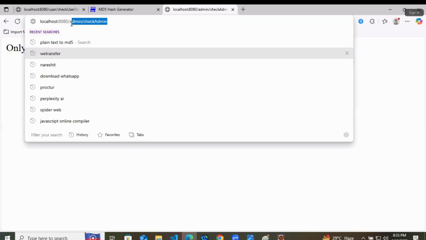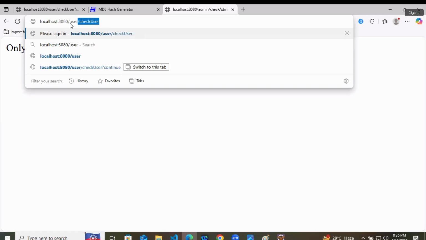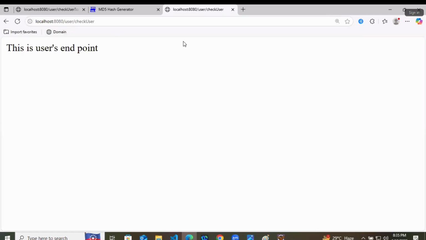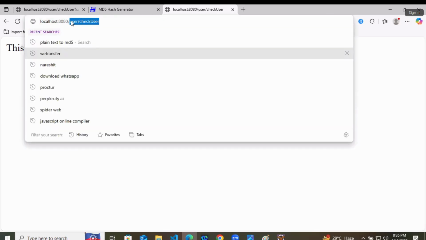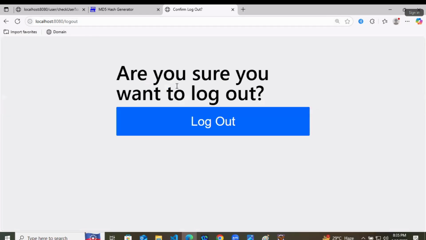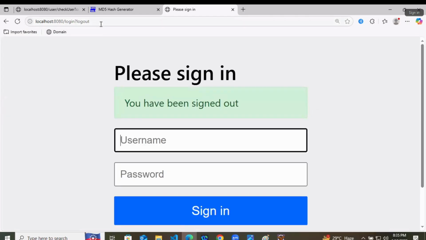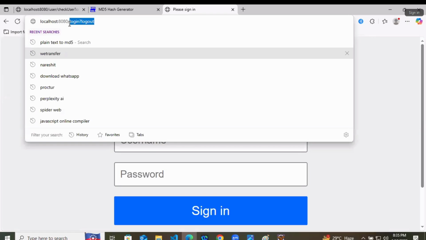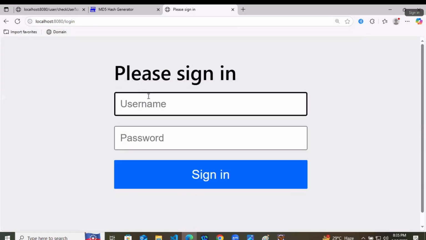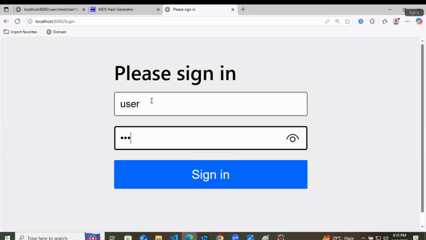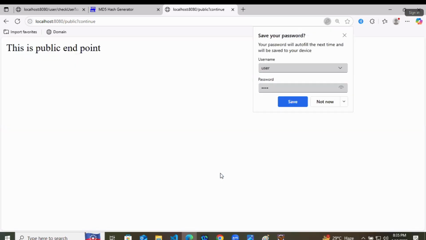Let's try to check the user as well. So user, check user. As an admin, I am allowed to use any of the endpoints. Now we will do logout. And again, we will try to fetch the public page with the username and password of the user. User and user we have kept, sign in.